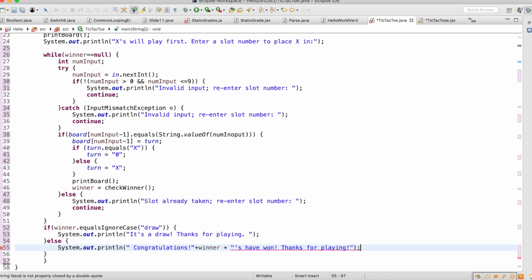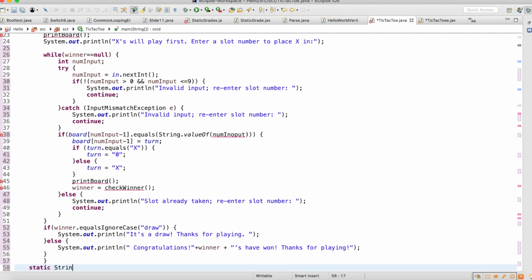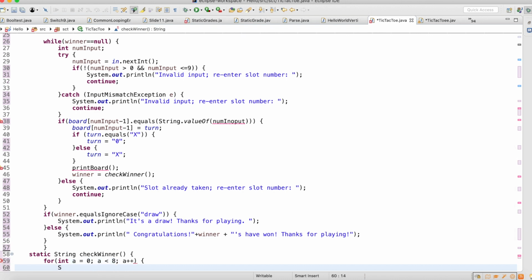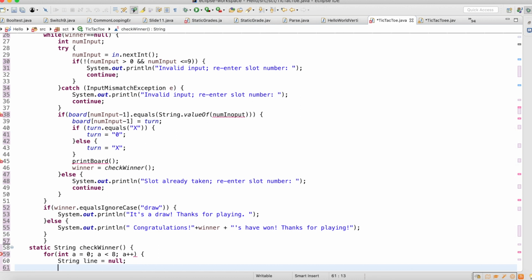And then after we have this done, we're going to just go down 2 more and just do another static string check winner. And then open it again and just do a for int a equals 0, colon, a is less than 8, given the spots on the grid, a plus plus. We're going to open another set of brackets and write string line is equal to null, and then just write switch parentheses a,